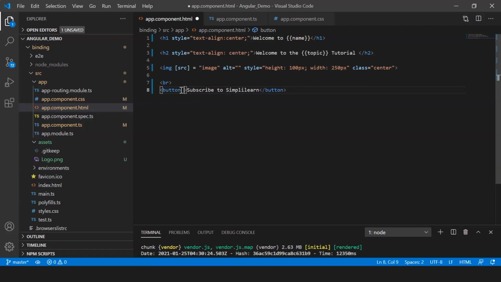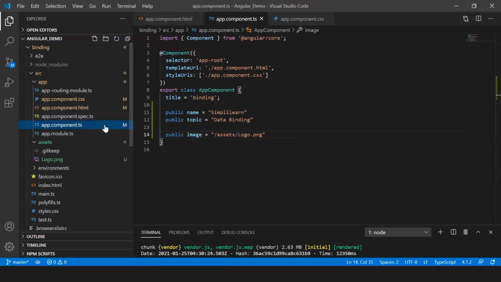So let me say click, and I'm going to pass a function called onClick. So what happens is that when the button is clicked, this particular method is called. So now let's define the method in our component.ts file.